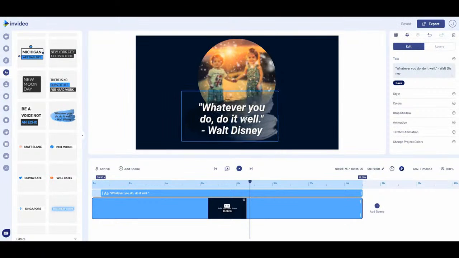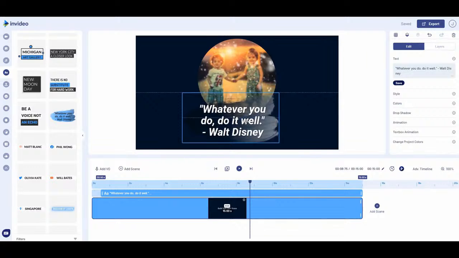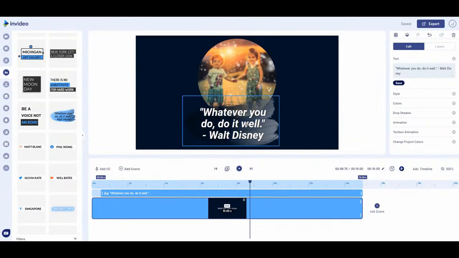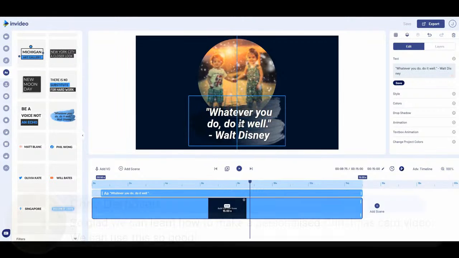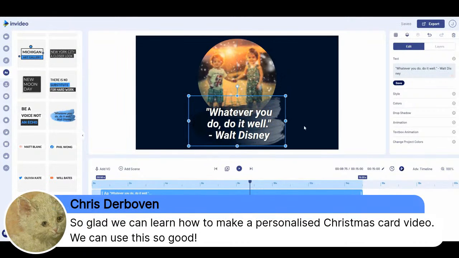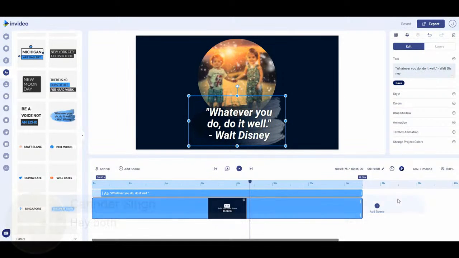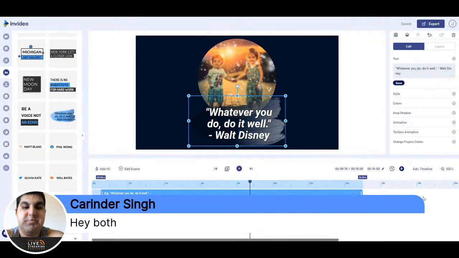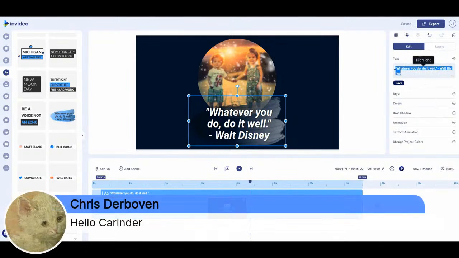Now we will end up making some changes to this. I want to position it so it's just roughly the same amount from the bottom as this is from the top, and we'll put it in the center, but I think when it's finished we'll move it slightly to the left because it will look a little bit more balanced, but we'll play around with that. So what we're going to do is we're going to say